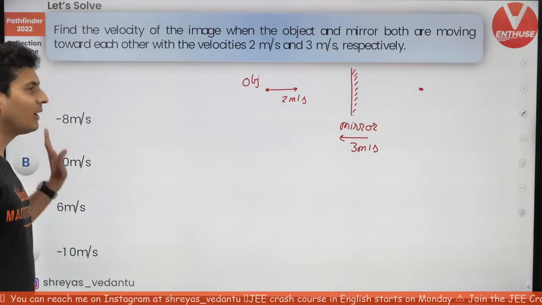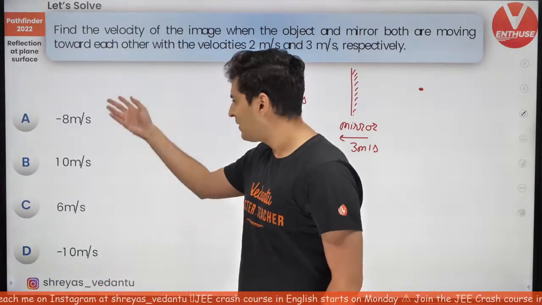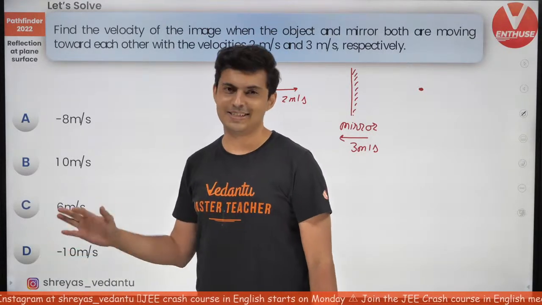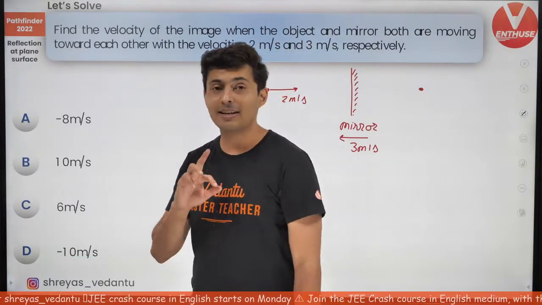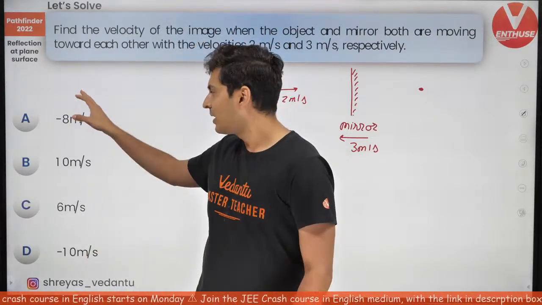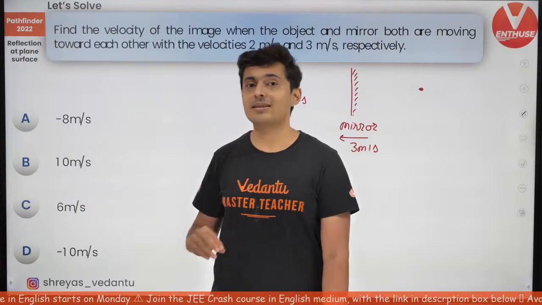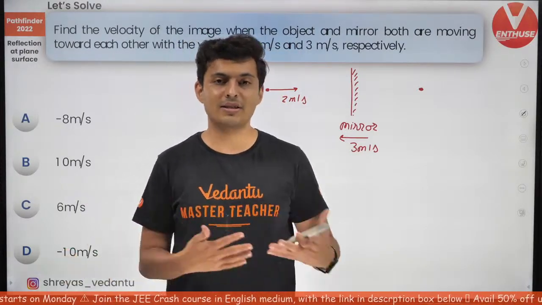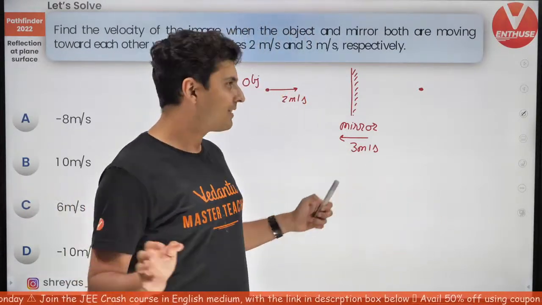Okay, B or D, considering which direction we considered positive. I'll tell you, only one of them will be correct irrespective of the signs. Forget the signs. I know it sounds confusing whether it is plus or minus, but it doesn't matter. Just look at the magnitudes. If it was plus 10, minus 10, then it would be tricky, and you would need to know which is positive and which is negative. But here it really doesn't matter.